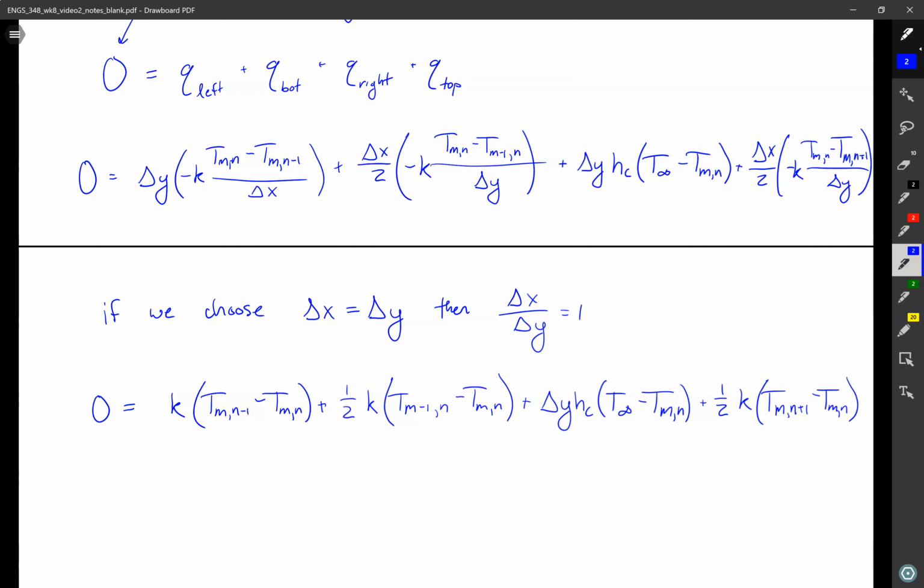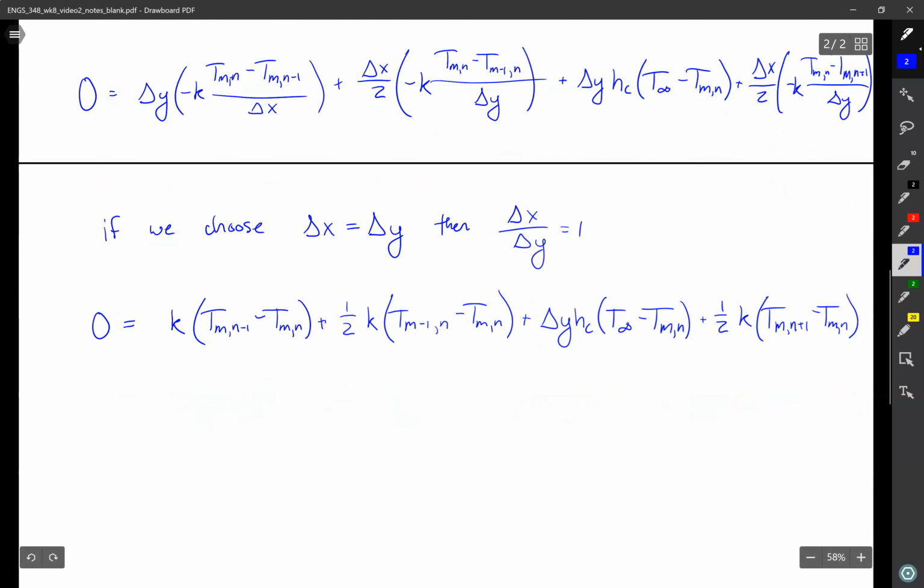So we want to simplify this further. We have a k out in front of 3 of the terms, so if we divide off by k, this will give us 0 equals T_m,n-1 minus T_mn